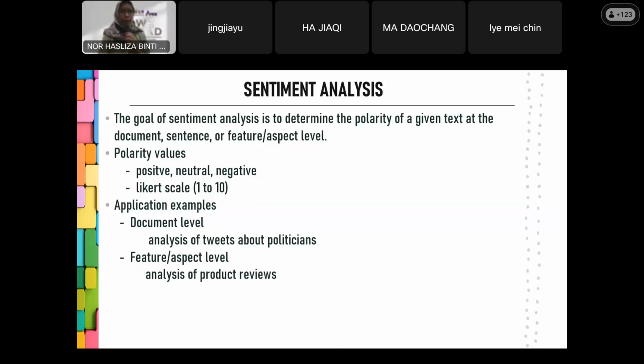Okay, so again, if you look at sentiment, it has several levels. Whether you want to get the sentiment at sentence level, one sentence, so the whole sentence belongs to positive or negative, or paragraph level. It depends on how we choose the level of sentiment in our own analysis.